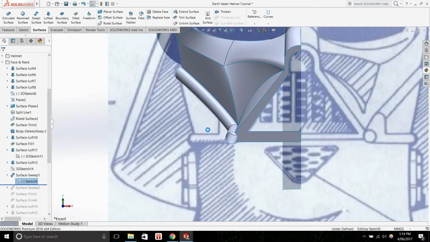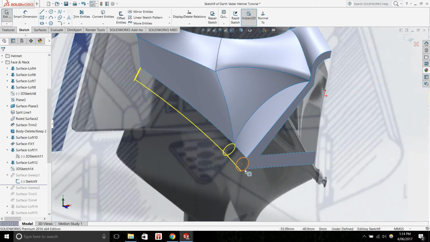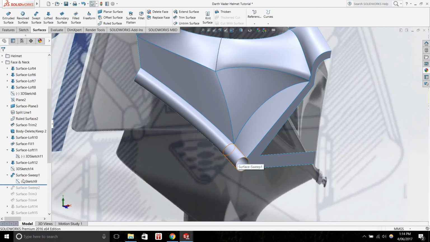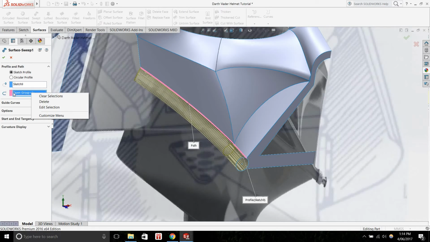Generally for a surface sweep feature, you create a profile, which in this case is the circle, and then a sweep path. I didn't actually create a sweep path. What I did was, coming into the surface sweep feature, into the path section,